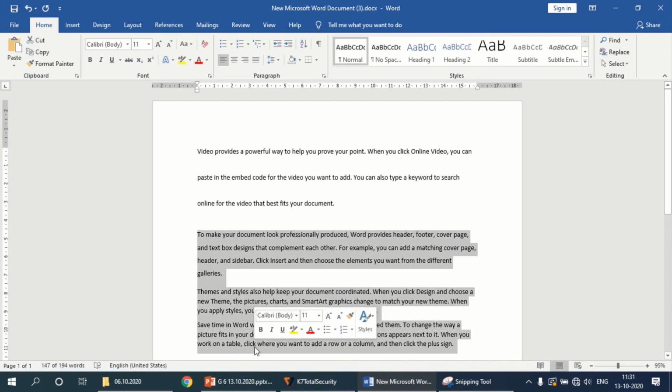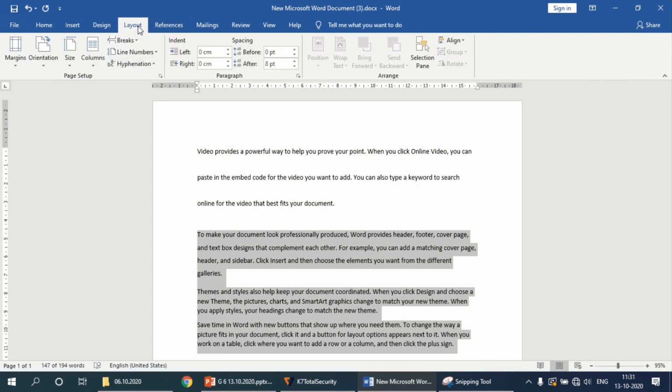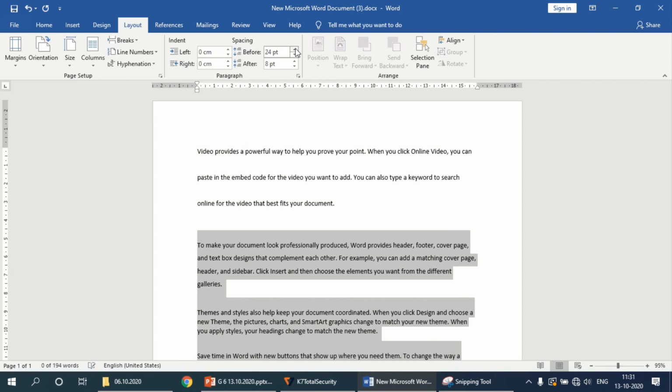Okay, now you have to go to the Page Layout tab. So where you have to go? Page Layout tab. Okay, and in that you can see the Paragraph group here, right? So here you have the Paragraph group, and in that you can specify the Before and After options. See here, spacing Before, and this is spacing After. Okay, see what happens.